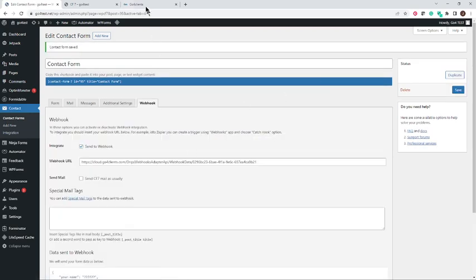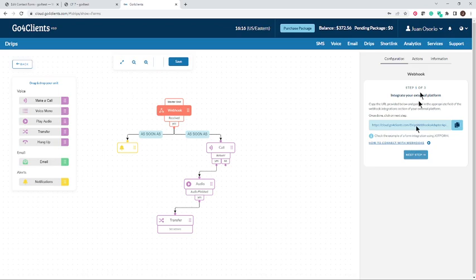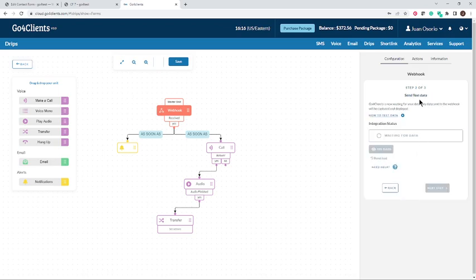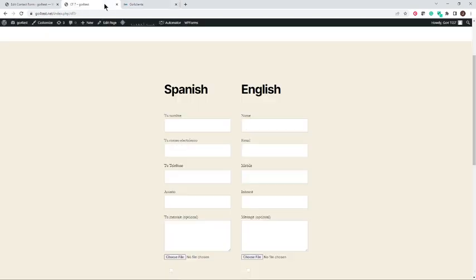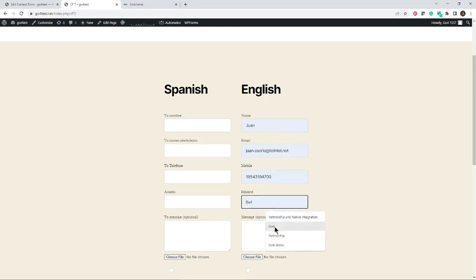And once that's saved, let's go back to Go for Clients and do the second step. The second step is testing that data. It needs to establish that connection. Go for Clients needs to see if the data is coming through. To do that, we're going to fill out that form, because that's what's going to allow the data to come in and